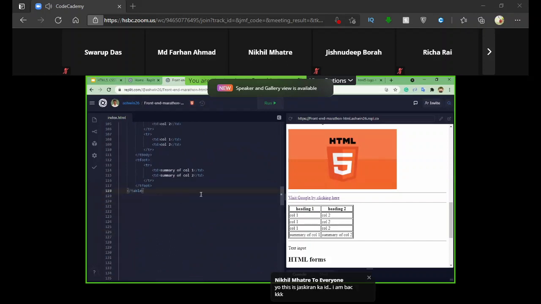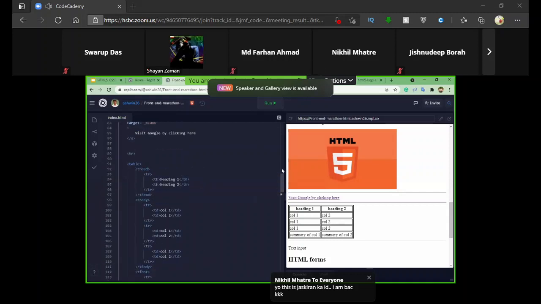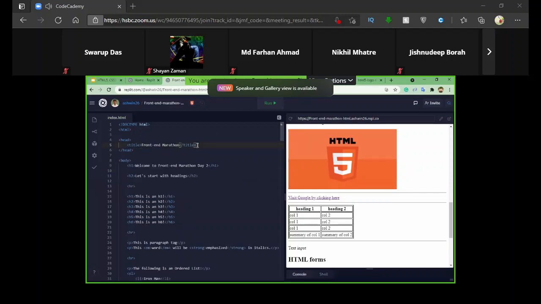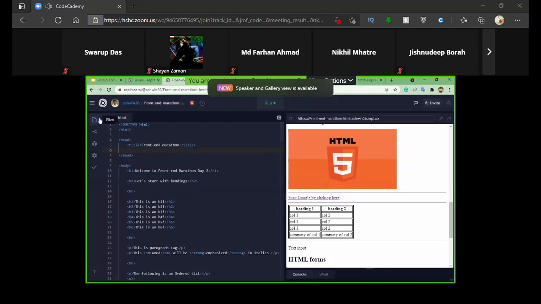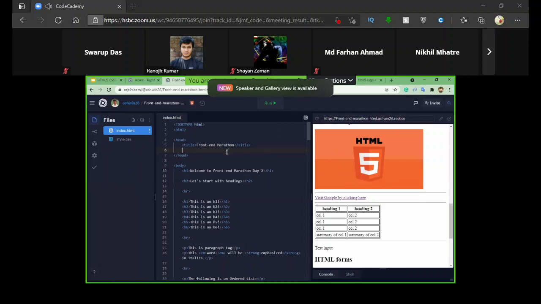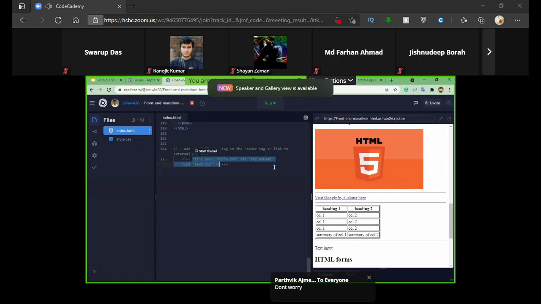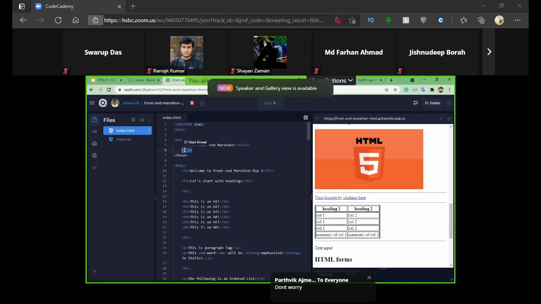Okay, so moving on, let's say we want to have external CSS. Whenever we want to create an external file, let's say style.css, we have to link it to the HTML file, right? So to link it inside the HTML file, you will use something called the link tag. Okay, so inside this link tag, you'll provide the file name.